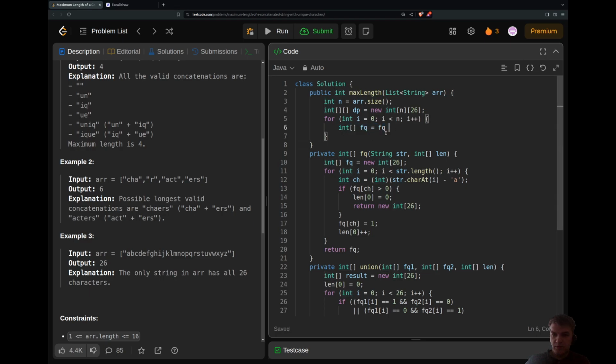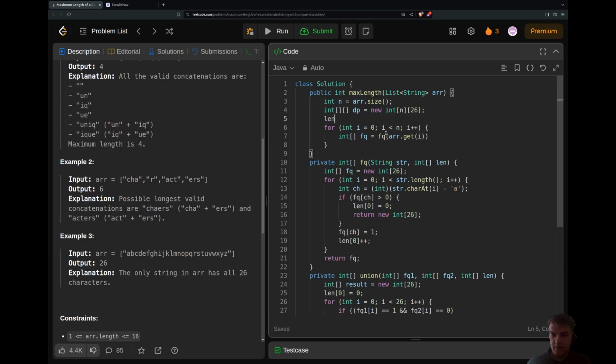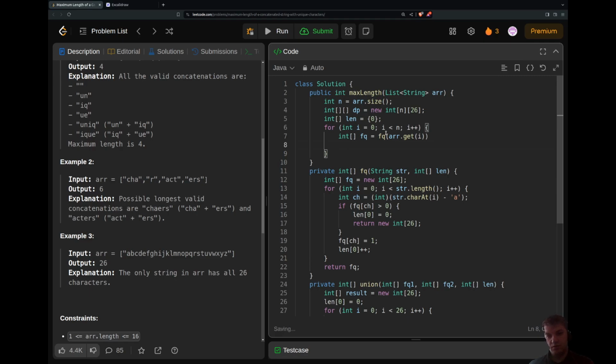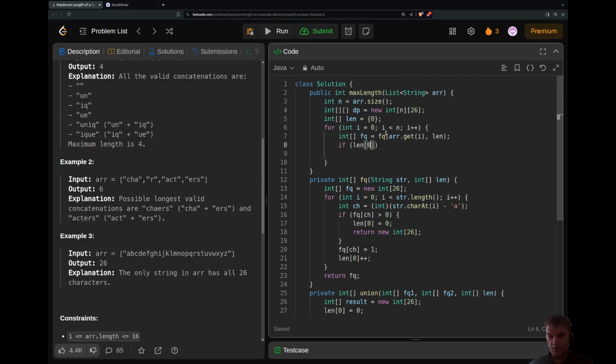So fq, and then for the current string get I, and then I'll have this int len equals new int 0, and then pass len, and then if len 0 is greater than 0, I'll do that